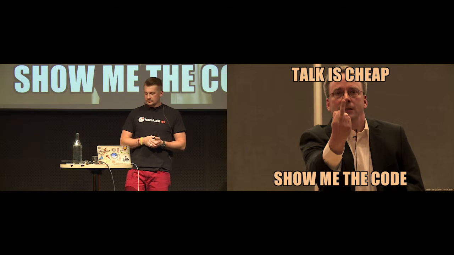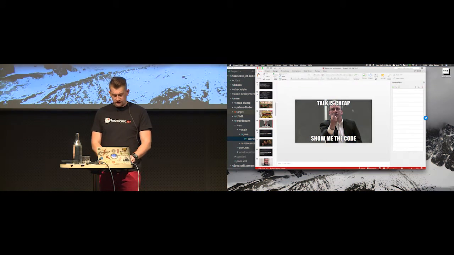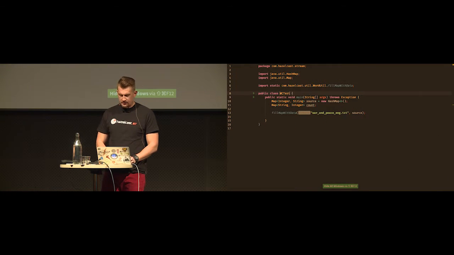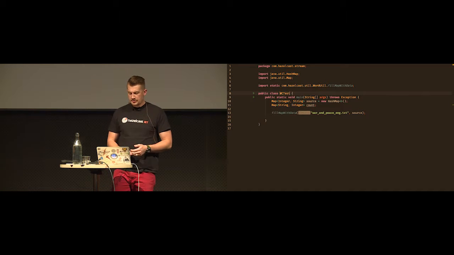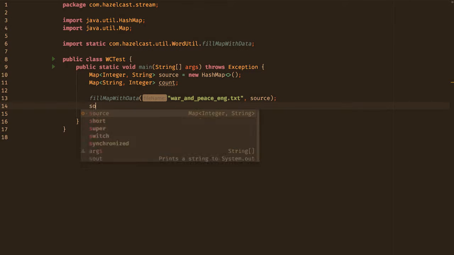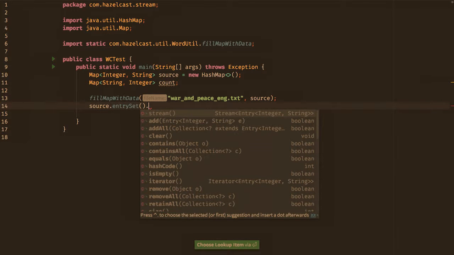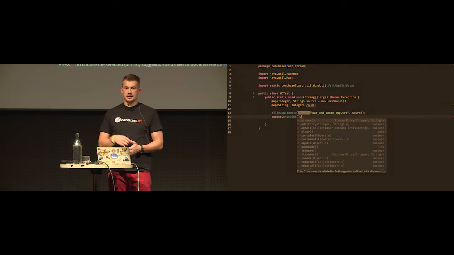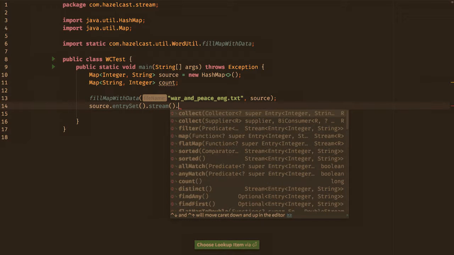And let's see how we can refactor the previous code in the form of a streaming API, right? You remember from the previous example, what I had is I need to iterate over the map. I need to do some intermediate steps. So basically, we will do the source. We need to iterate over the entry set because the map itself, as you know, doesn't implement the collection interface, and we know that the stream method arrived in the collection interface. So now we need to get the entry set to get access to the stream, and after that we will have